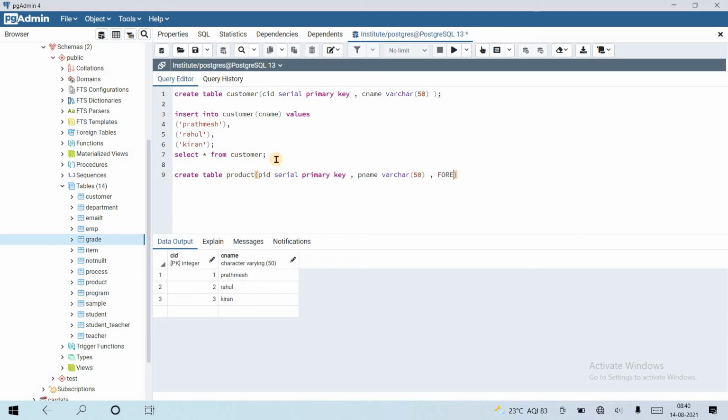The syntax is like this; I told you in the first video: foreign key, and inside the parenthesis the column name that we have to put here. It can be CID, or you can take customer ID too, but make it the same. Foreign key CID.